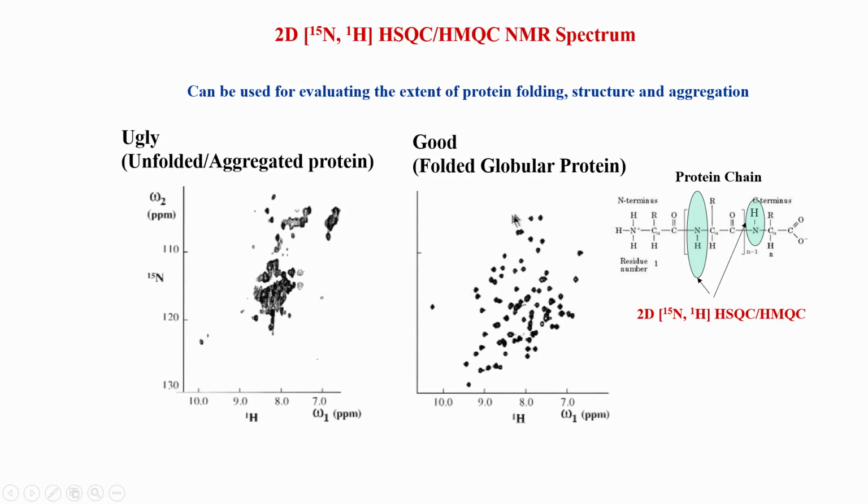So, this is a small protein, not a very large protein, but even then if you get a spectrum like this, it becomes very easy to work on such systems, and one can get the structure calculation of this protein relatively easily. In fact, the type of system here on the left is very difficult to work with. Normally we do not work with such proteins. What is done is to try to improve the sample condition so that we can reach this level.